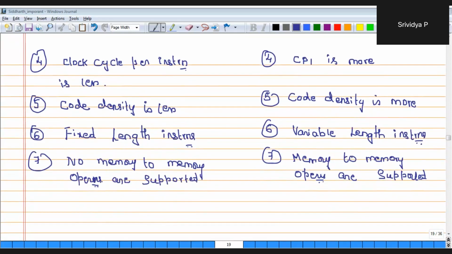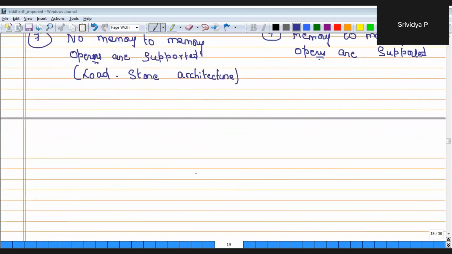Since it doesn't support memory to memory operations, we call it load and store architecture. To understand this concept, let us take one small example. I will say I have a memory. Say, for example, I have